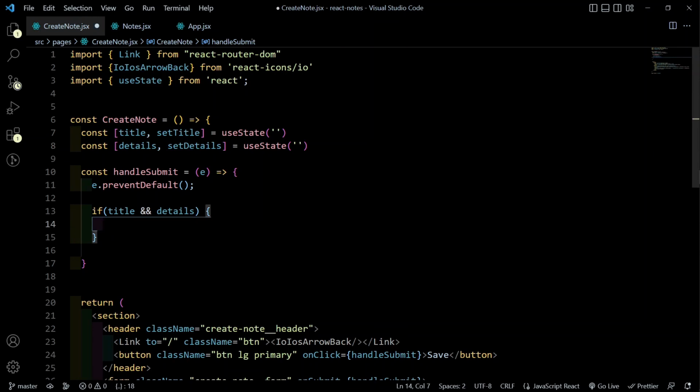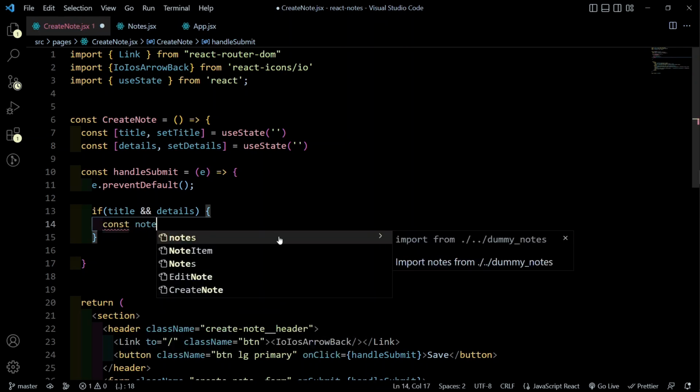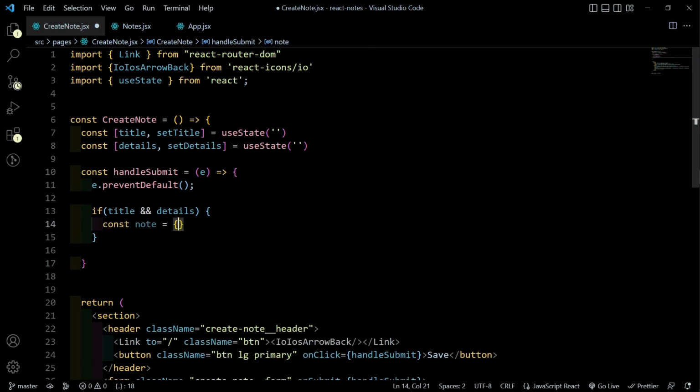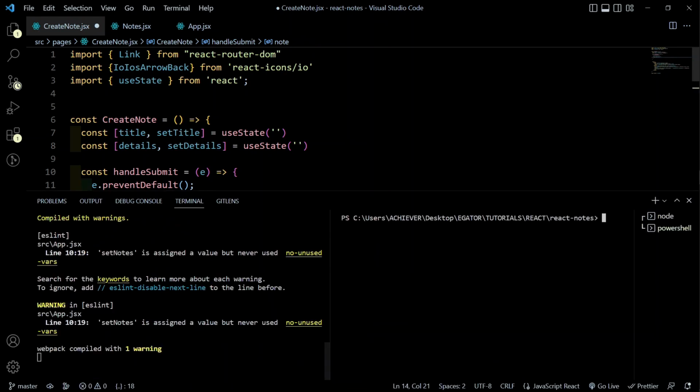All right, now what I want to do is, of course, as I said earlier, create a new object from the title and then the details, add an ID and then a date as well. So let's create a note object, and first we are going to have an ID. We need an ID. With that, let's actually install a package called